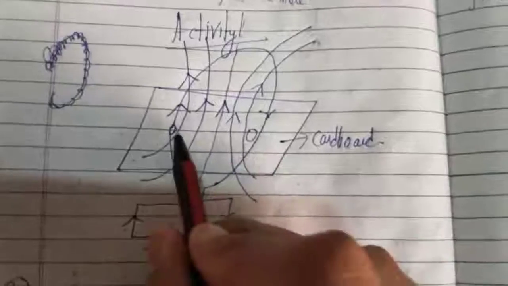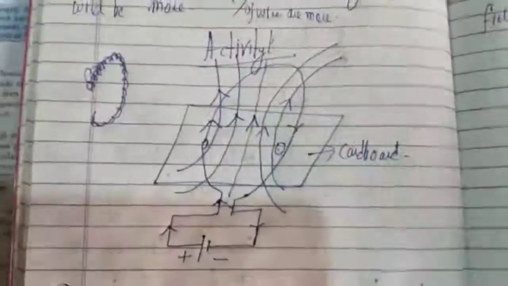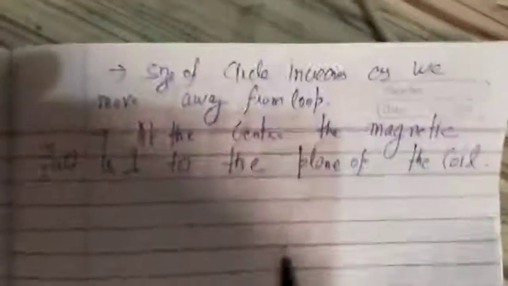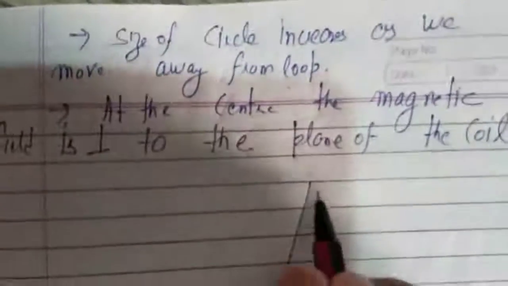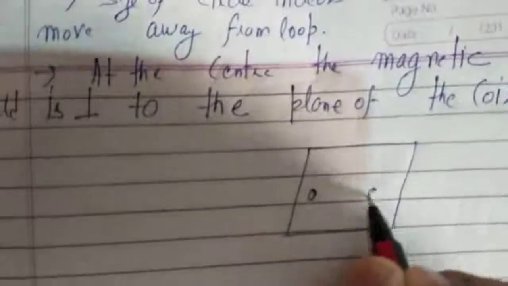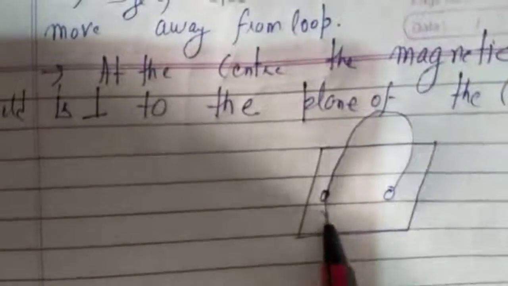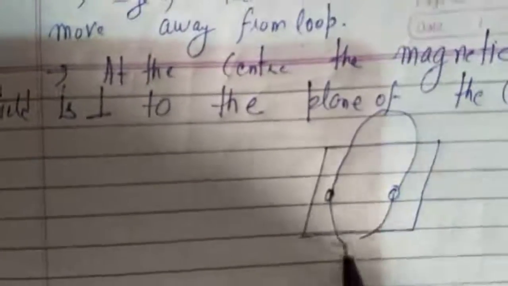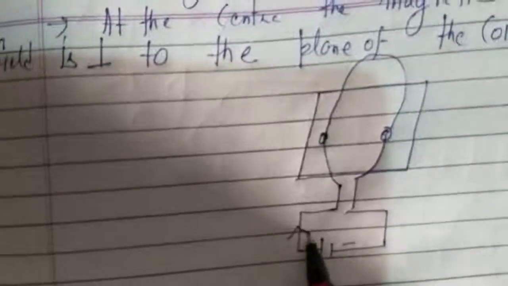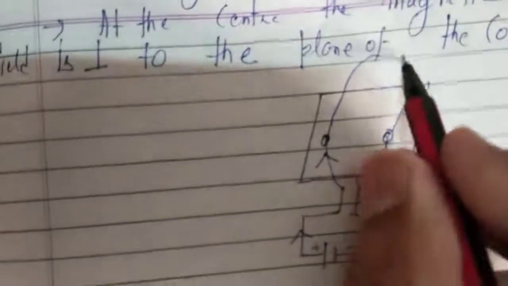You drill 2 holes in the cardboard and pass the circular loop through these 2 holes, like this. And you will connect it to a battery. And current will start running in this direction, going, coming,